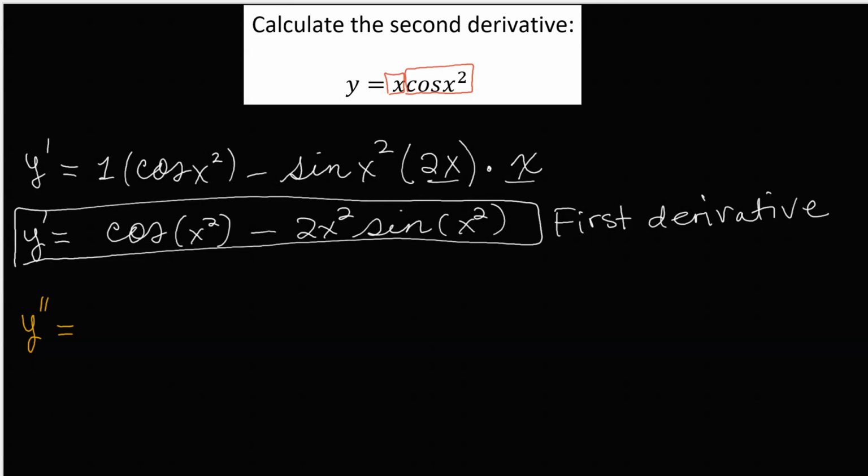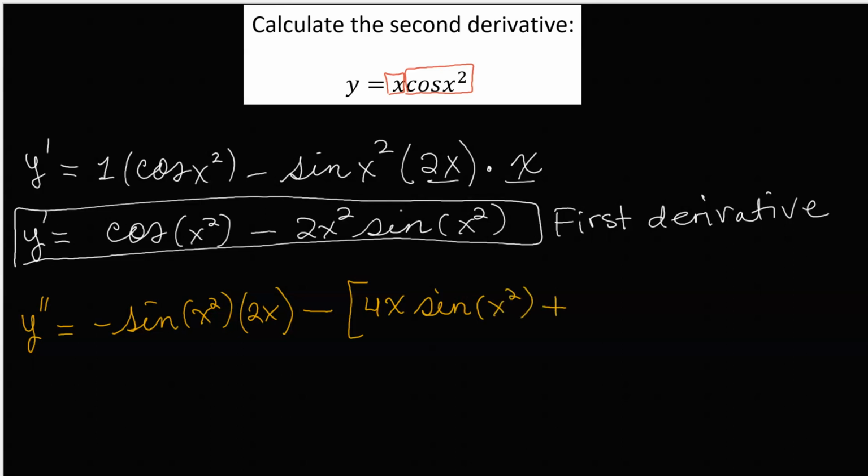Cosine of x squared. The derivative of that is negative sine of x squared multiplied by the inside function, which is 2x, minus, here we have a product. I'm going to put this in parentheses because the negative usually messes up everything inside. The derivative of the first, which would be 4x, multiplied by the second, that would be sine of x squared, plus the derivative of the second, which is cosine of x squared,